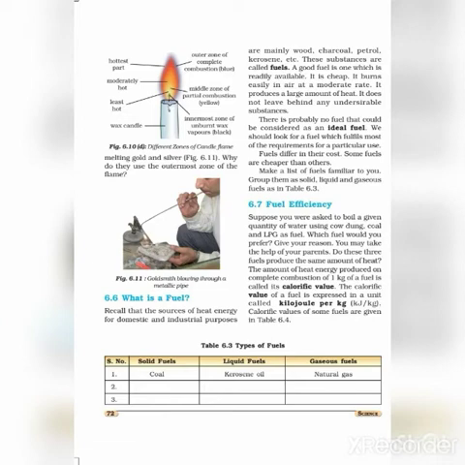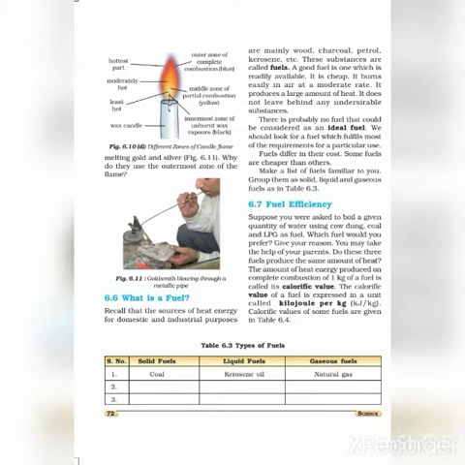Now the second zone is the middle zone. It appears yellow in color. Here oxygen is not sufficient for wax vapors to burn completely. So the flame appears yellow in color. The temperature here is not very hot. Light is produced in this zone, so it is called the luminous zone. So this zone is moderately hot.